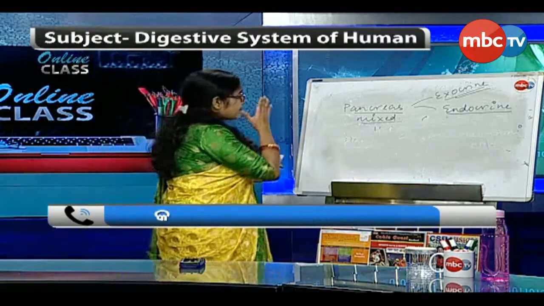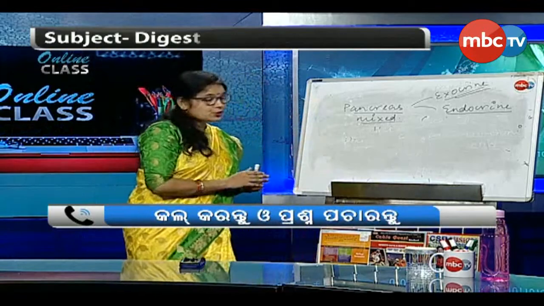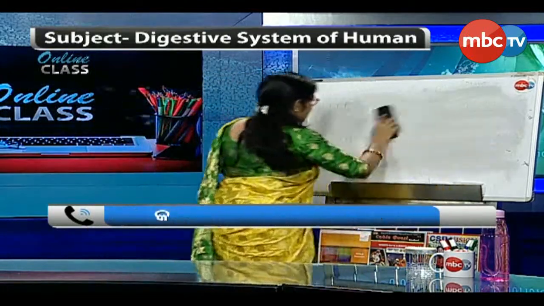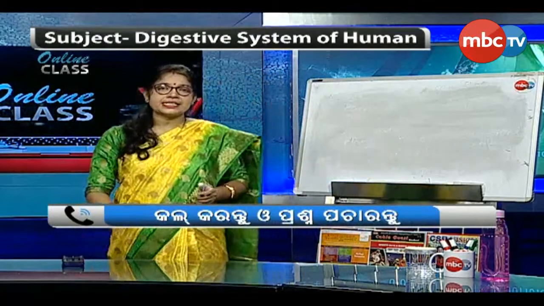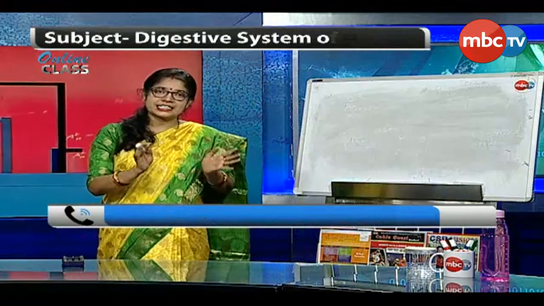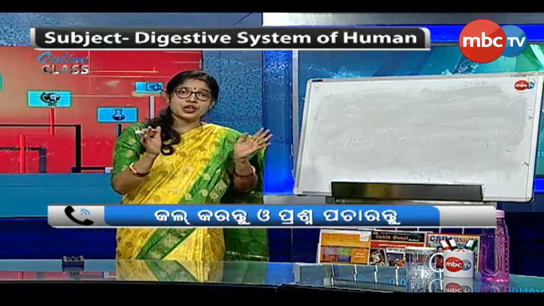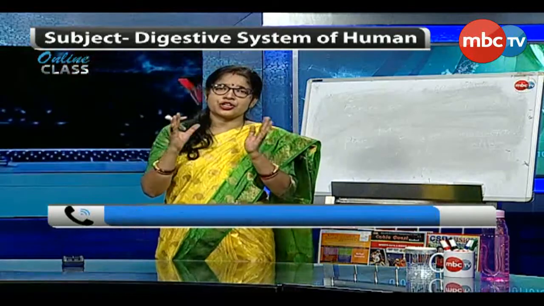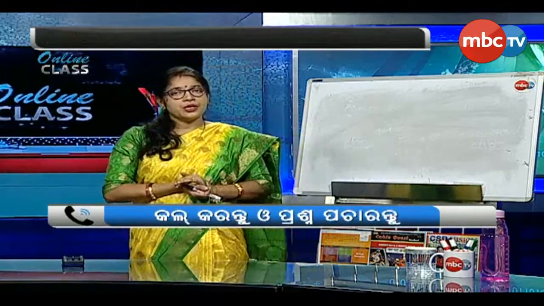Okay. So, this is about the digestive glands. Next one, so we have completed the human digestive system, that is in two headings. First one is the alimentary canal and second one is the digestive glands. So, after the completion of the structure of the system, let us